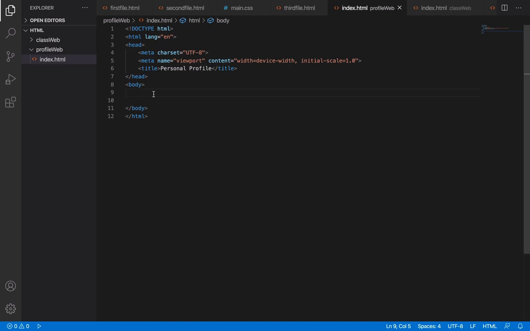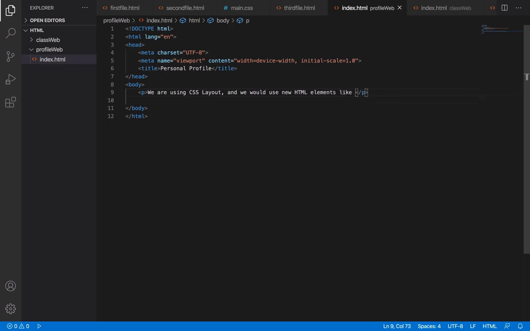So I'm going to first of all bring that up, like we are using Css Layout and we would use new HTML elements